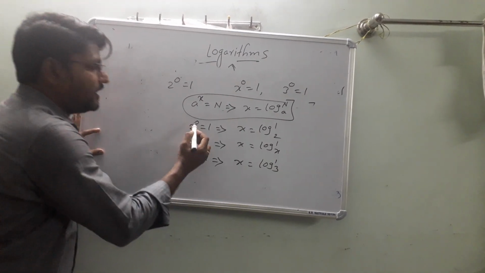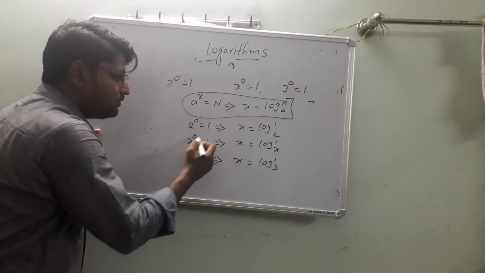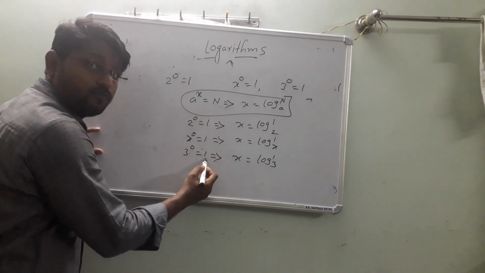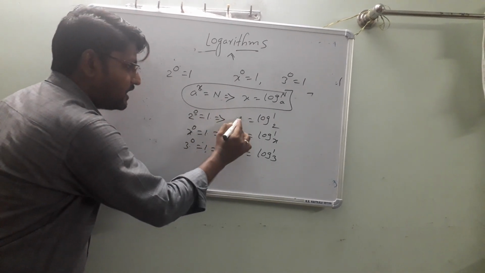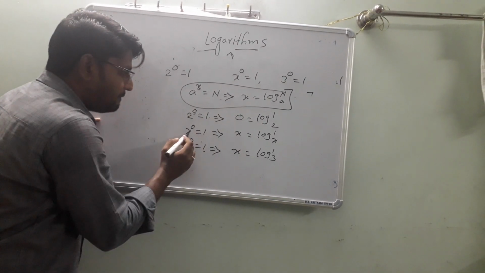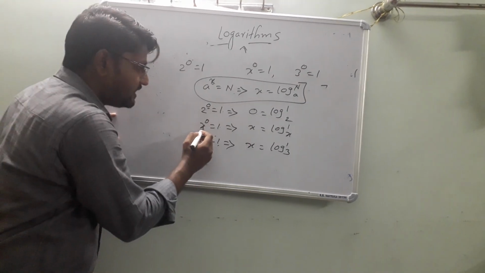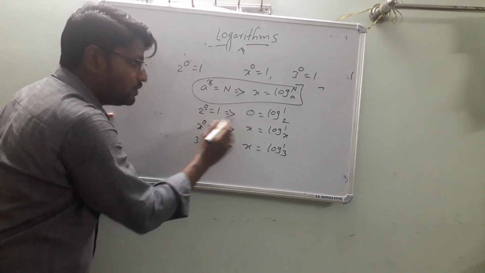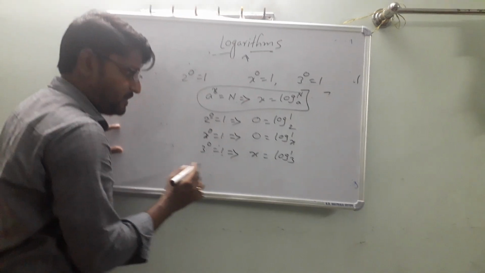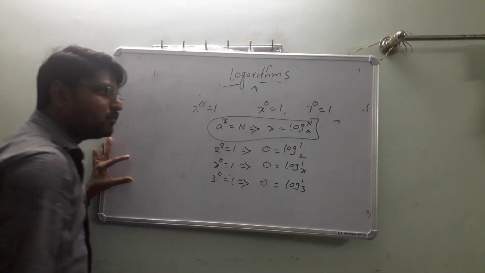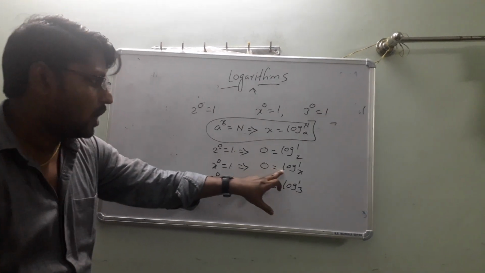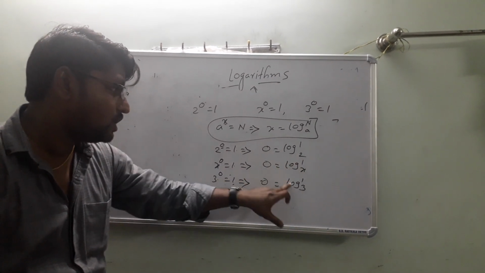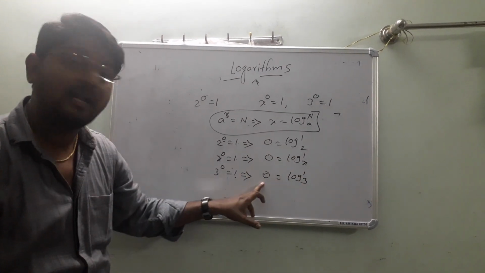Listen here, this is in the form of a power x is equal to 1. So observe here, what is the x value here? 0, right? So I am writing here 0. Again compare this, what is a power x here? X power 0. What is the x value? 0, write 0 in the x place. What do we have to observe? Log 1 to the base 2 value is 0, log 1 to the base x value is 0, log 1 to the base 3 value is 0.